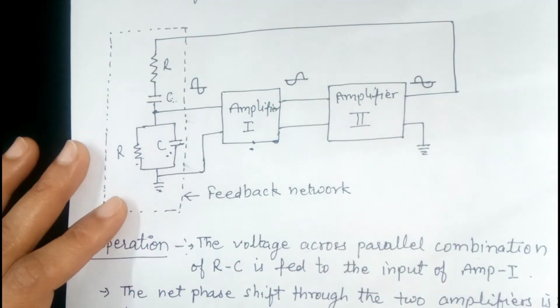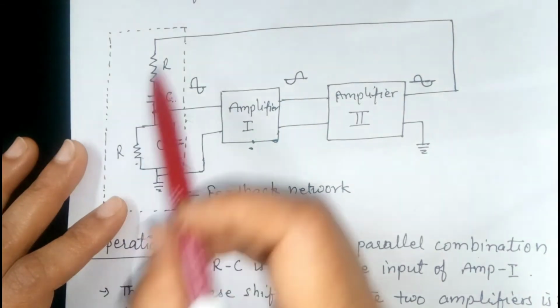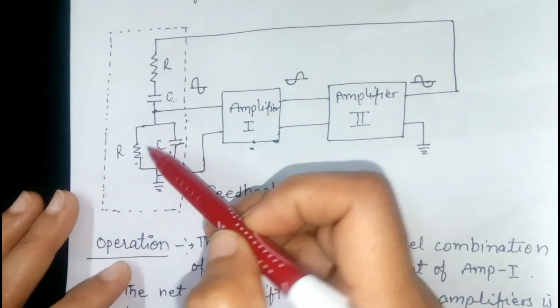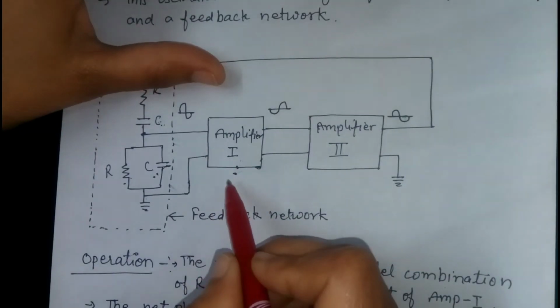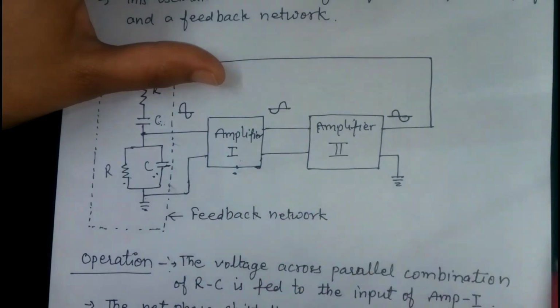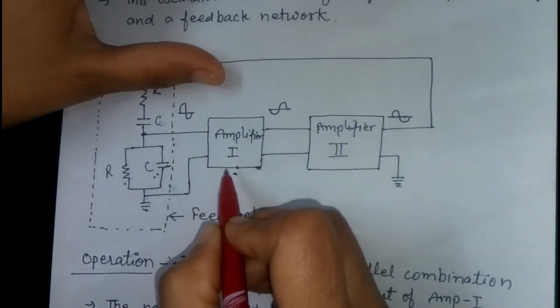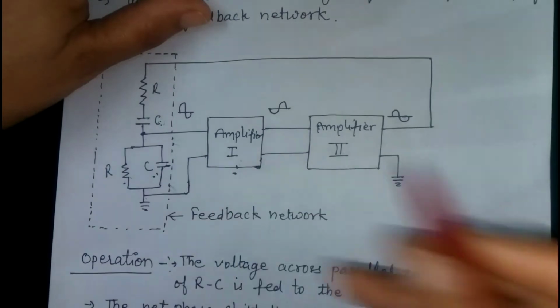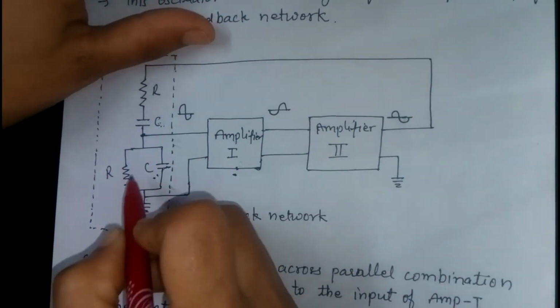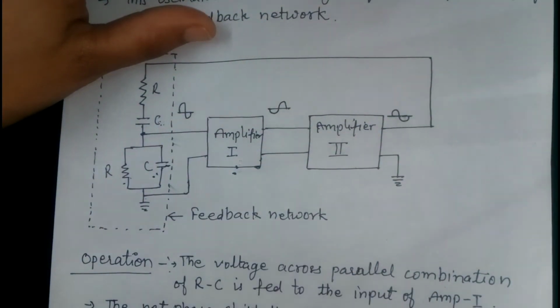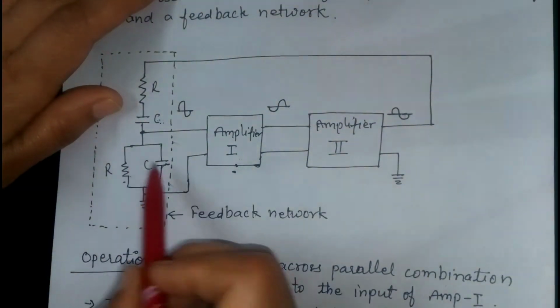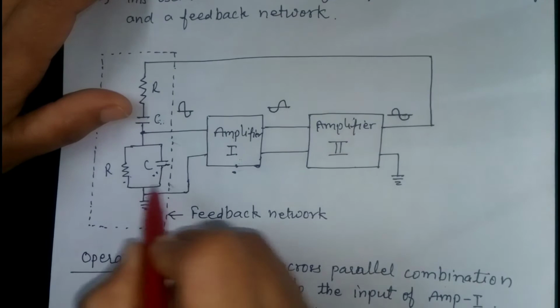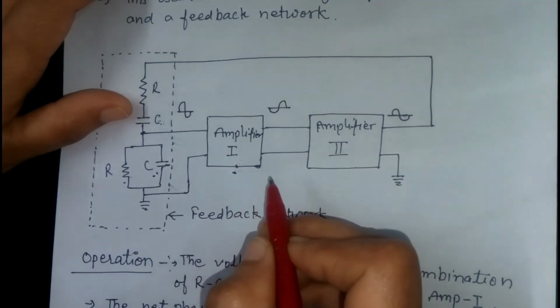So now the question arises, what is the need of this feedback network? The answer to this question is, the first stage of the amplifiers amplifies signals of a wide range of frequency. So direct coupling would result in poor frequency stability. So this feedback network is essential. This feedback network works like a notch filter. This feedback network makes the oscillator sensitive to only one signal frequency.